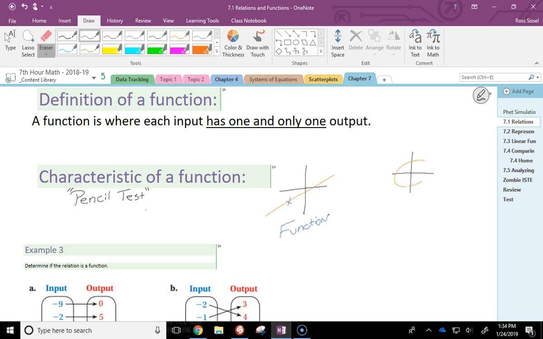The second one, if I do this pencil test, left to right, I'd have two spots where it hit. So I noticed that this one has two places it hits. If it hits, I would say